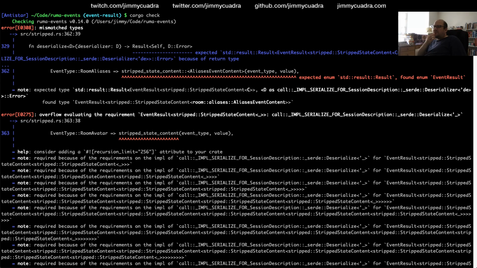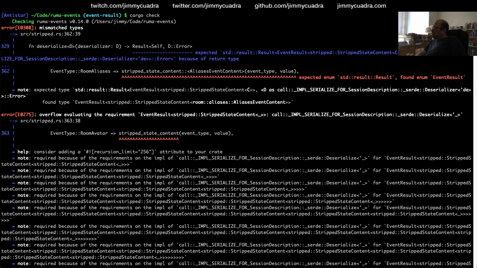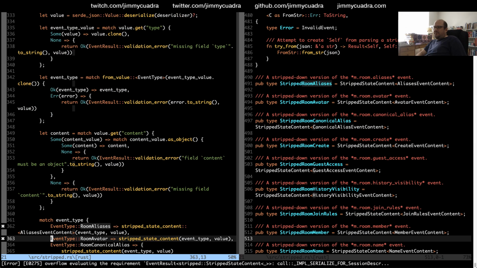Found type event result. Oh, so this needs to be wrapped. And that's because deserialize returns a result.